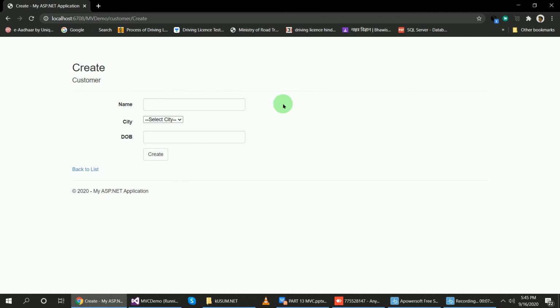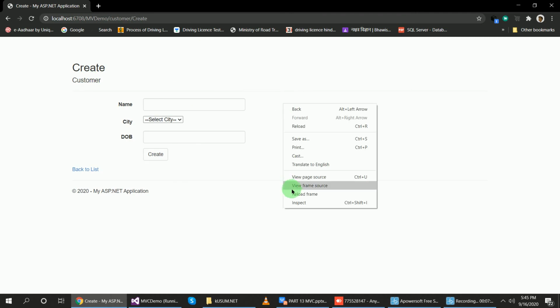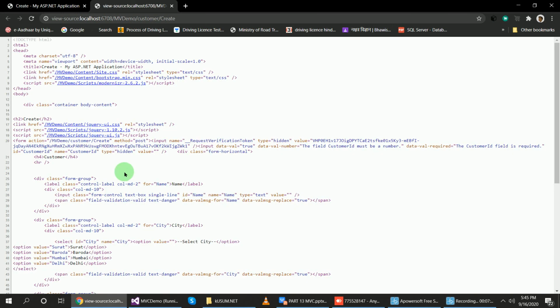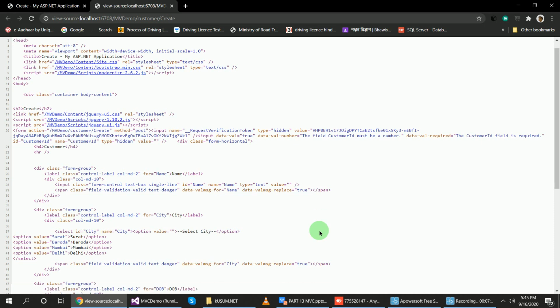You can see inside the page source of this page, these are the values of the name property. The name property of name is name, city has name equal to city, and date of birth.